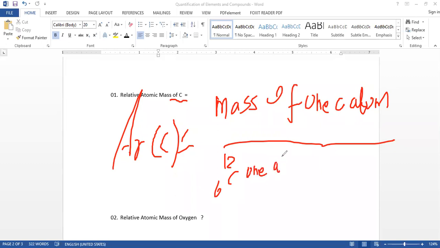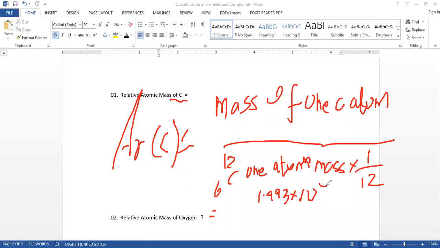One atom mass into 1 over 12. They have to give this one. So mass of one carbon atom is 1.993 into 10 to the power minus 23 gram over